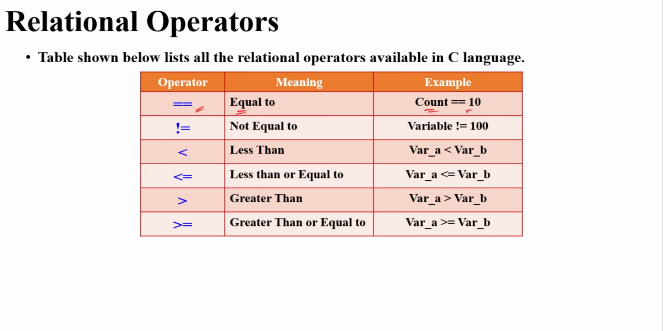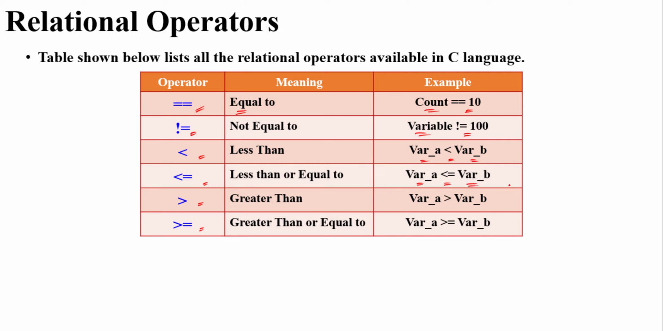So count equal to 10 checks whether count is 10 or not. Similarly, not equal to: you have the exclamation mark and equal to. So it checks whether the variable is not equal to 100 or not. Similarly, less than, less than or equal to, greater than and greater than or equal to. These are the relational operators which are used in C programming. And here on the rightmost column, you can see the way to use these operators. You have the variable, then the operator, and then the next variable which you want to